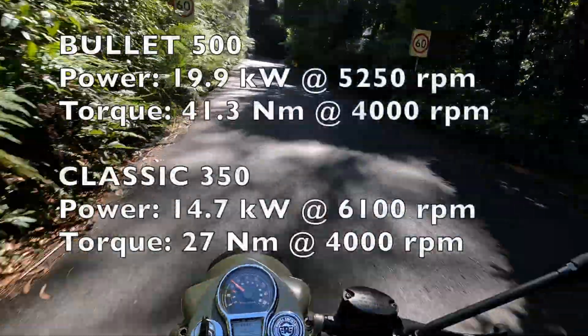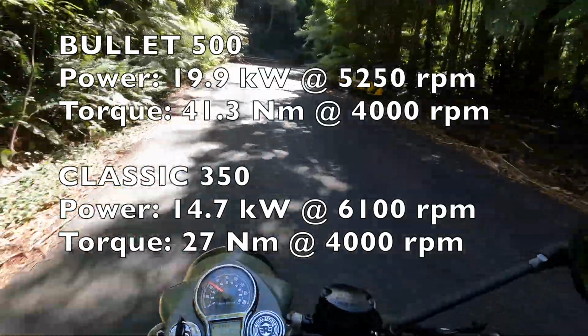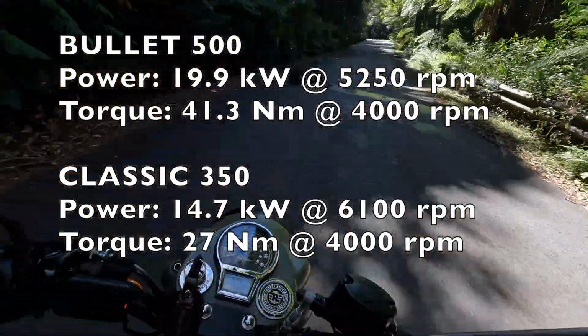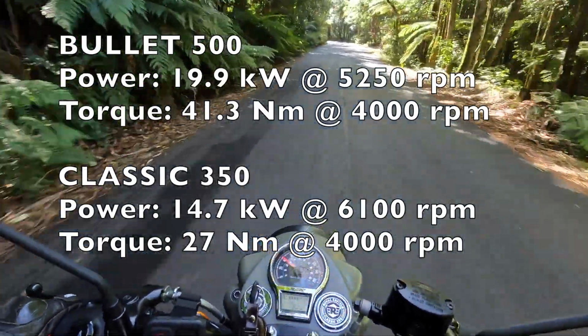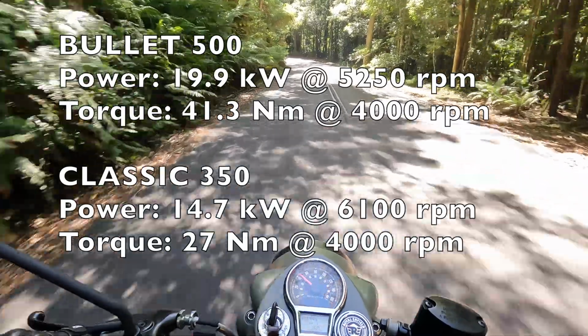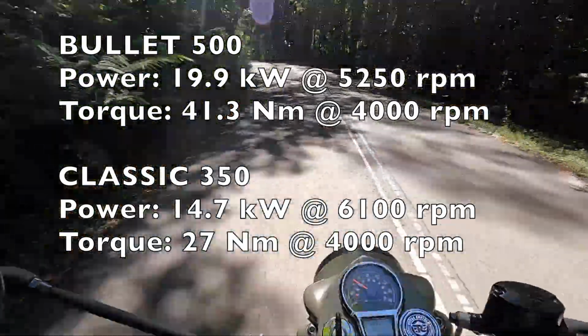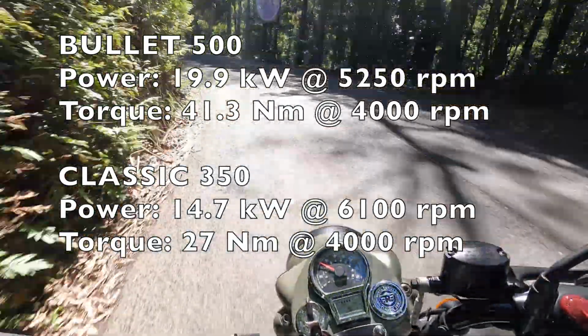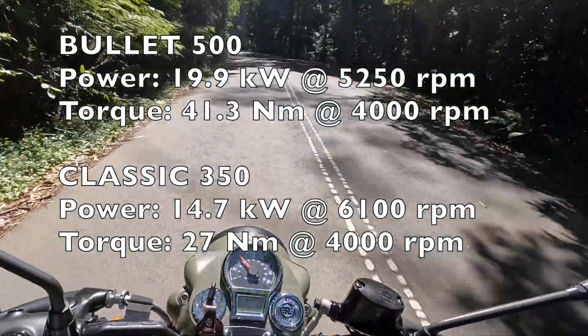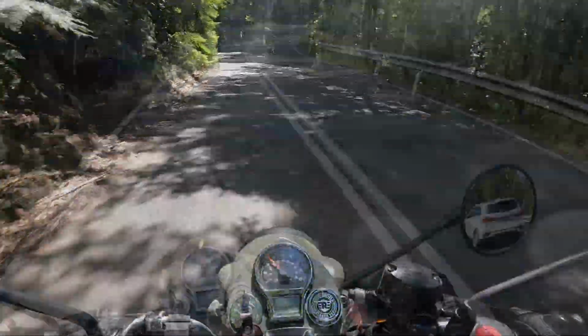Looking at the power and torque figures for each bike, we can see that the 500 produces more power and torque, 5.3 kilowatts more power than the 350 and 14.3 newton meters more torque at the same revs. But the perceived performance was pretty much the same, and considering that both bikes weigh pretty much the same,